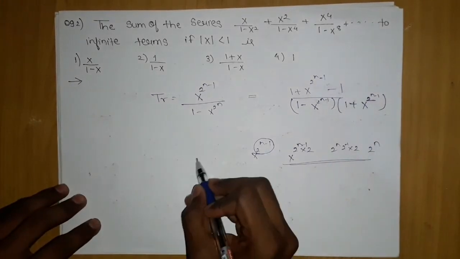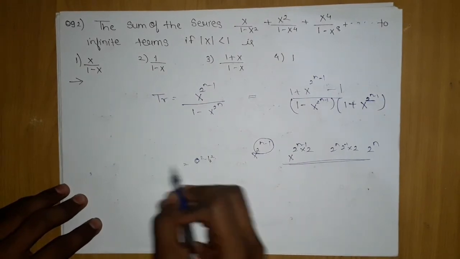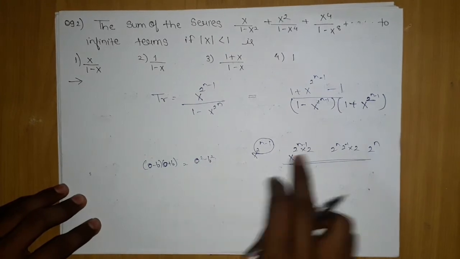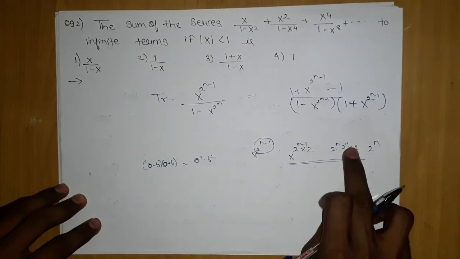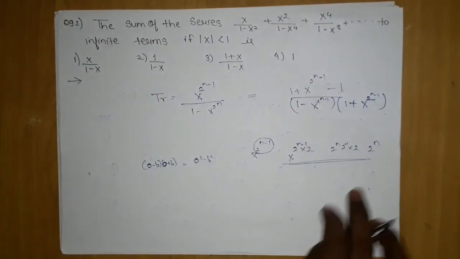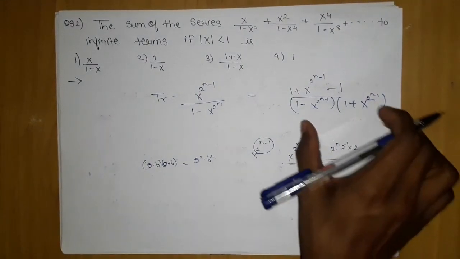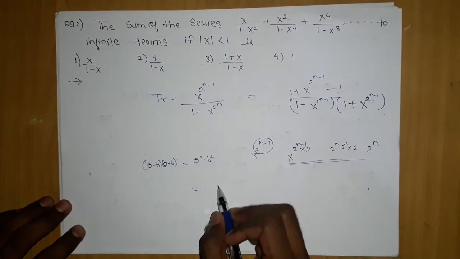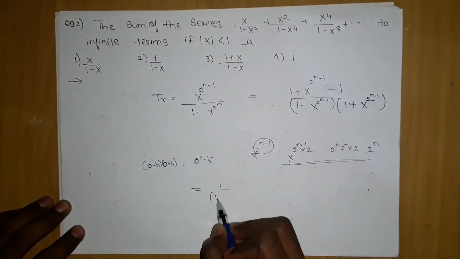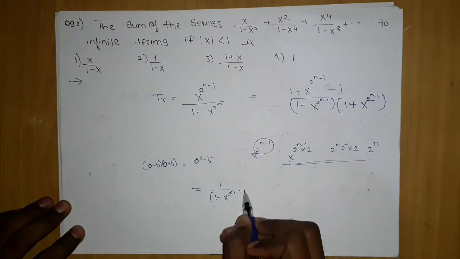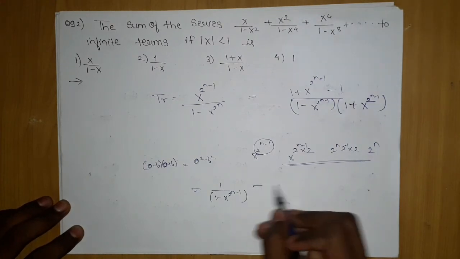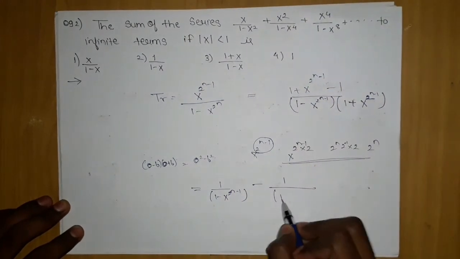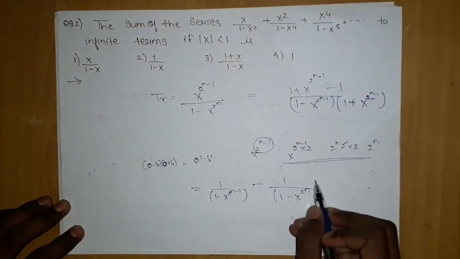If we bring it back, a square minus b square is nothing but a minus b into a plus b. So when I multiply, the square will appear, the 2 into 2 and 2 power minus 1 will come down and cancel this 2. Okay, 2 power n will come. So that's the way we break them up. After breaking, in the next step it is very clear that the thing left will be 1 plus x power 2 power n minus 1. And in the next step, since there is nothing to cancel out, this will become 1 minus x power 2 power n.